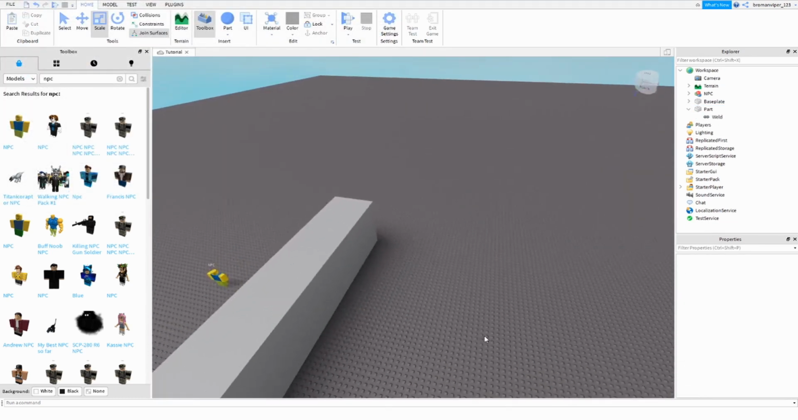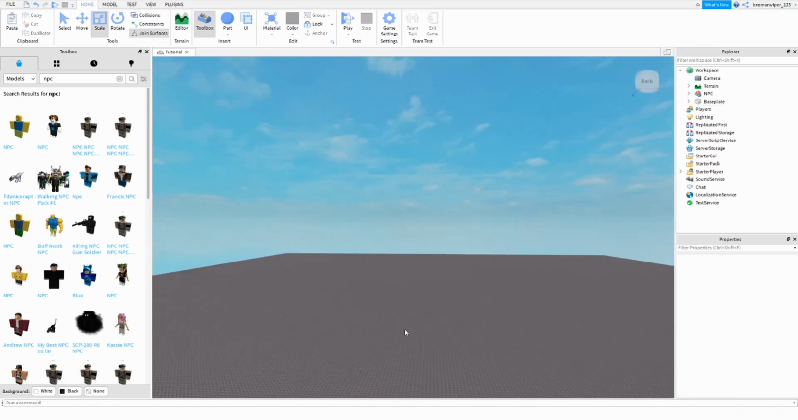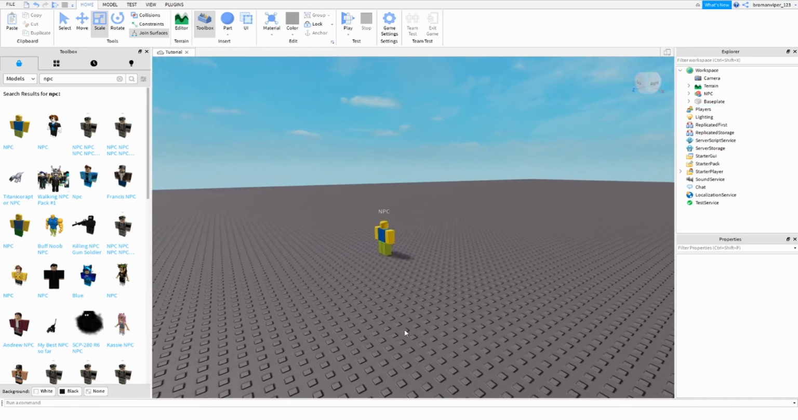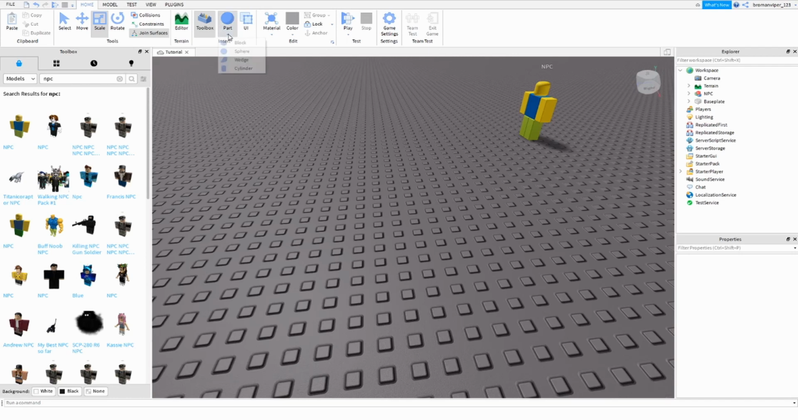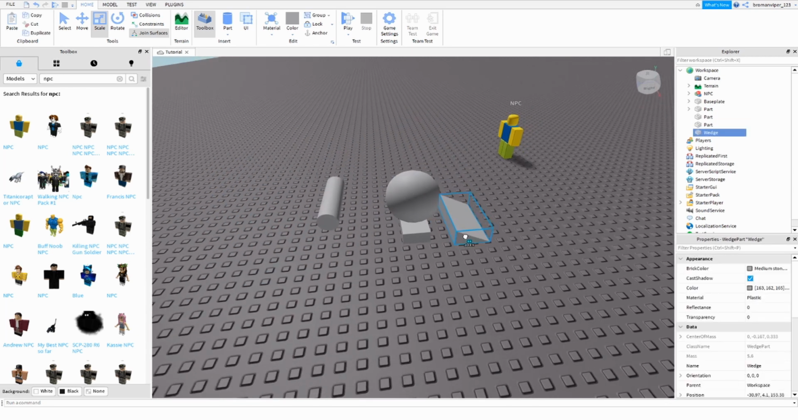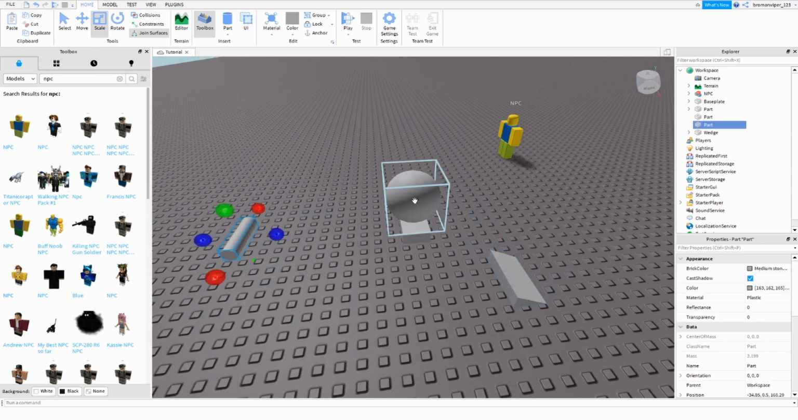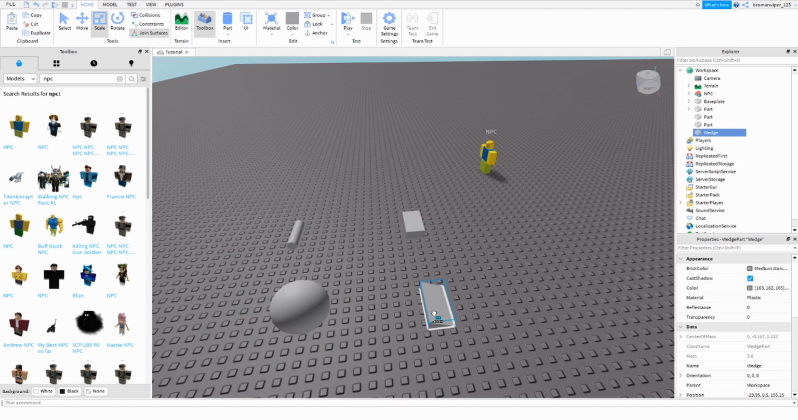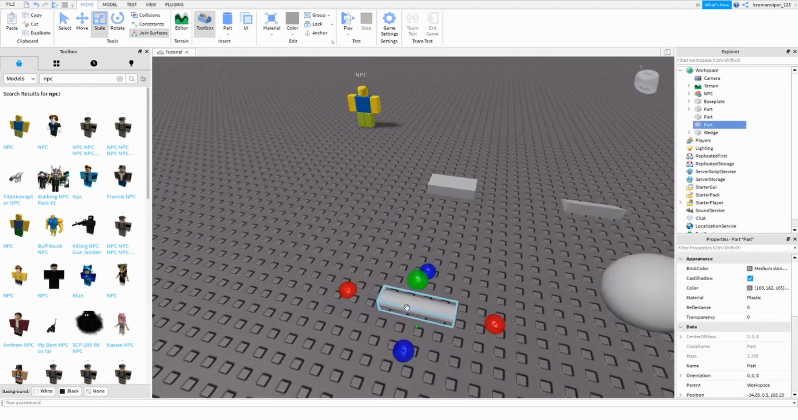Now that you guys know about the basic tools and collisions, I'm going to teach you guys about the 4 main part types of Roblox Studio. The 4 main part types are these parts right here: block, sphere, wedge, and cylinder. Now I'm going to show you guys the properties of each of these. Now, the cylinder,